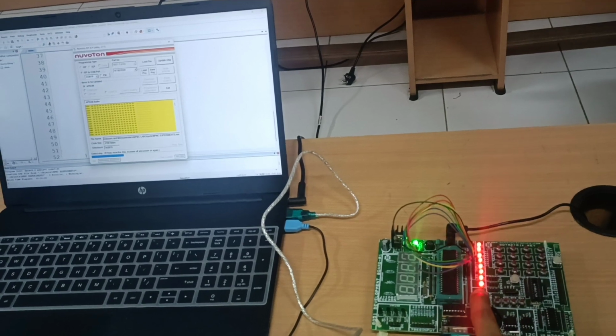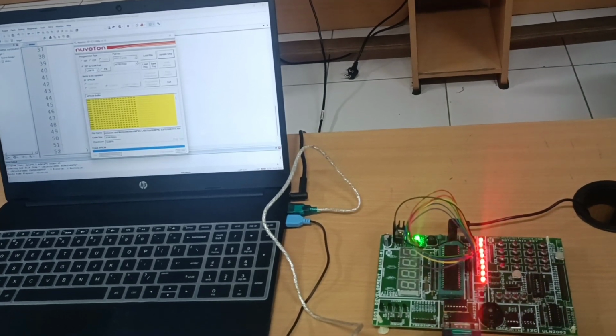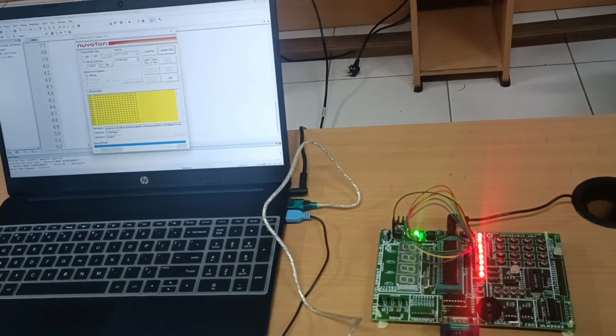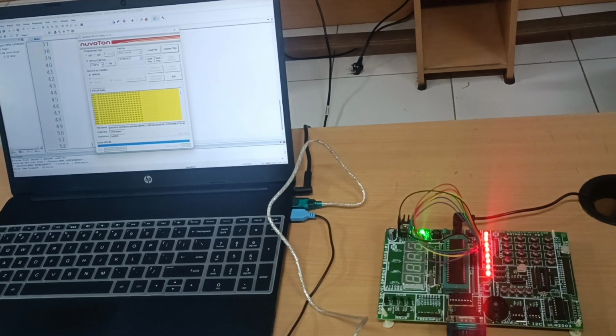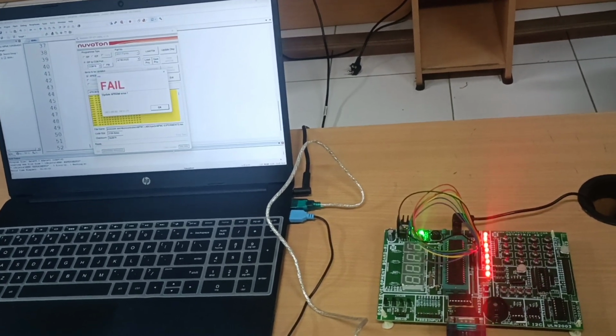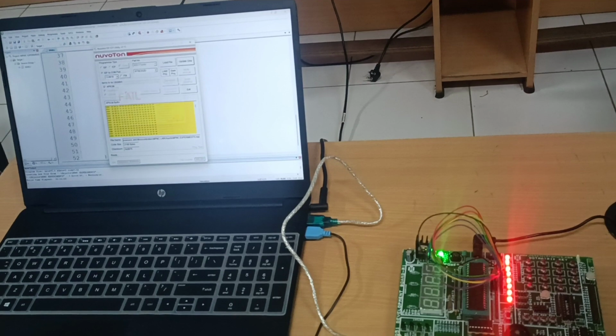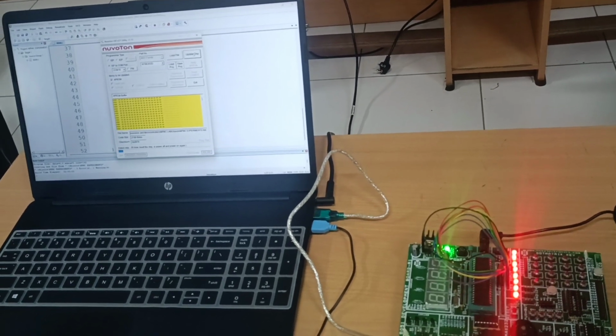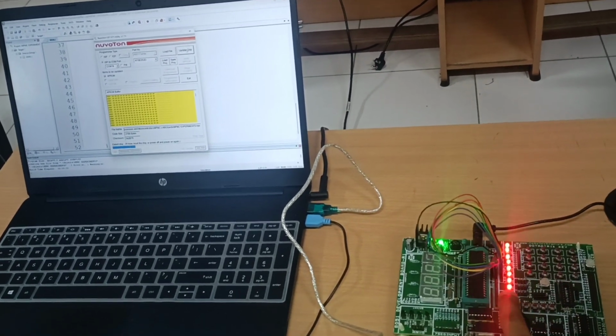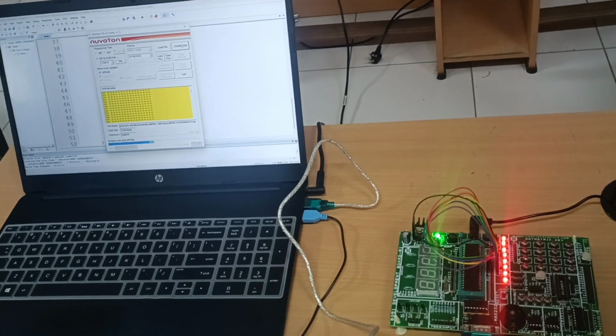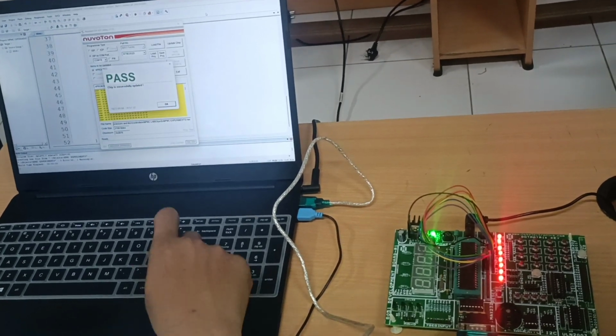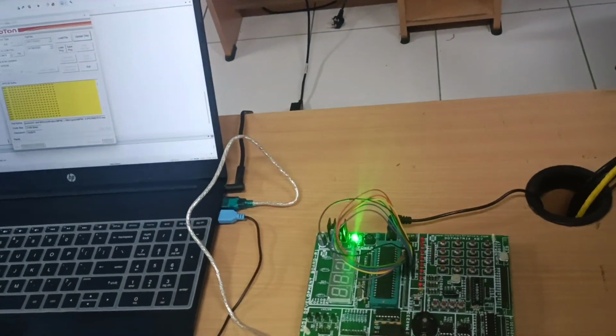After pressing update chip, you have to press the reset button. When you press the reset button, it has to erase and download. Sometimes a failure like this can happen, so don't worry. Once again you have to click upload, and once again you have to press the reset button. So you will get the pass. Once it passes, when you click enter, you can see